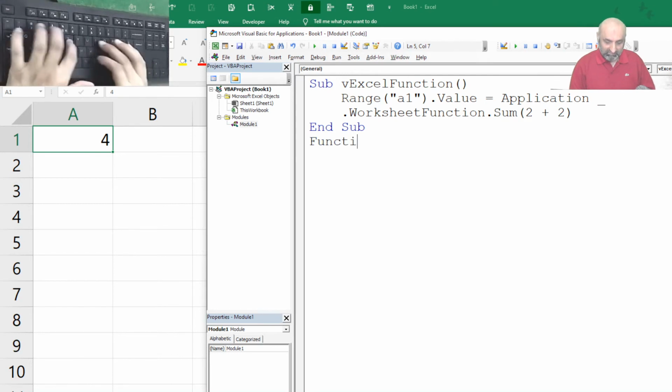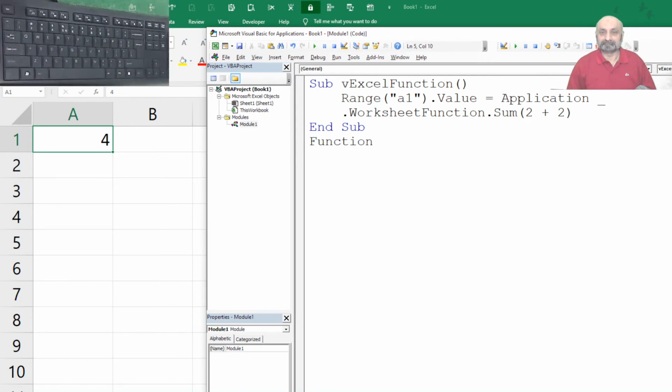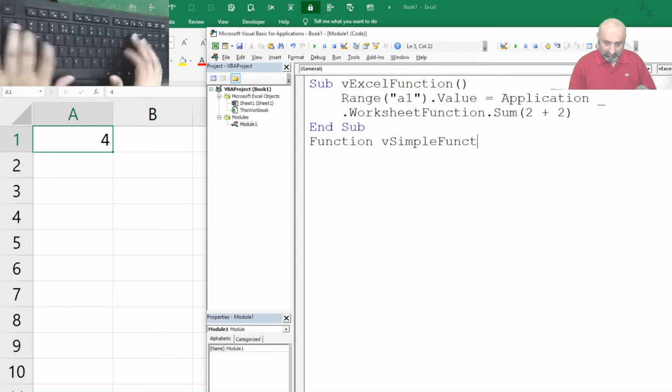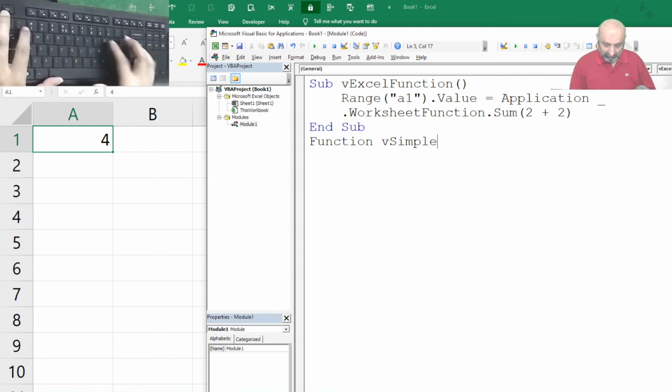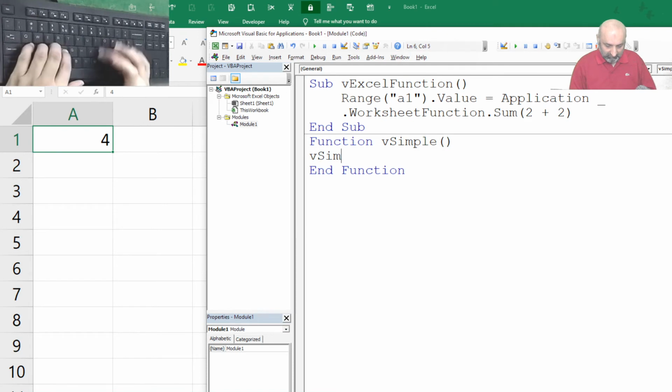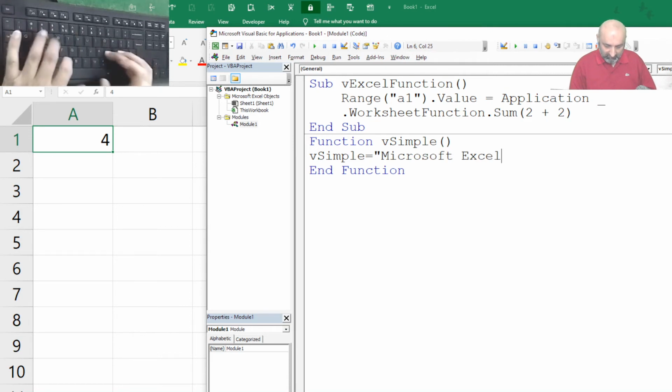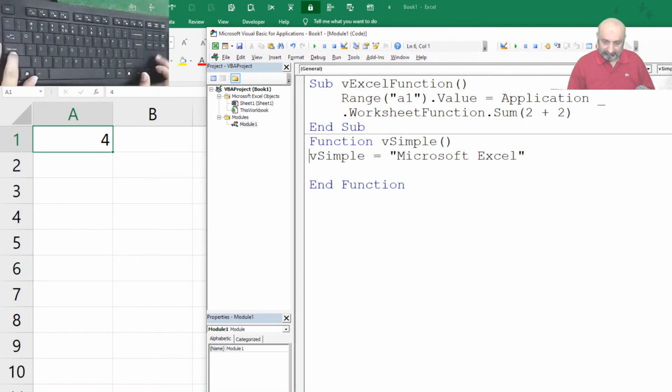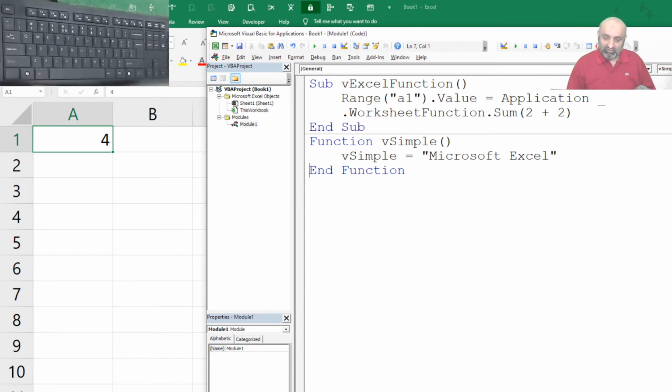Let's create a function, and let's name it Simple, with no variable, and say Simple equals Microsoft Excel. That's it. So this function will always return Microsoft Excel whenever it is called.